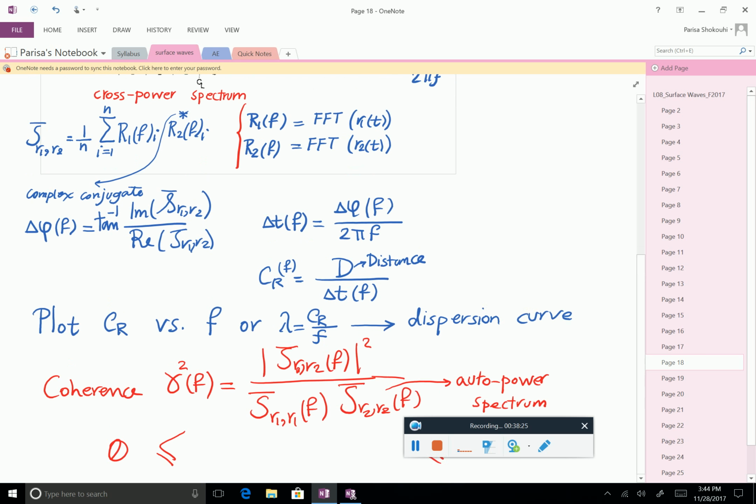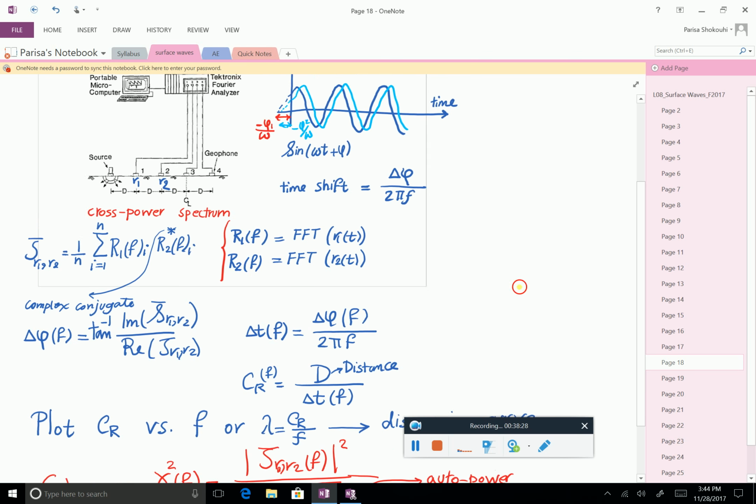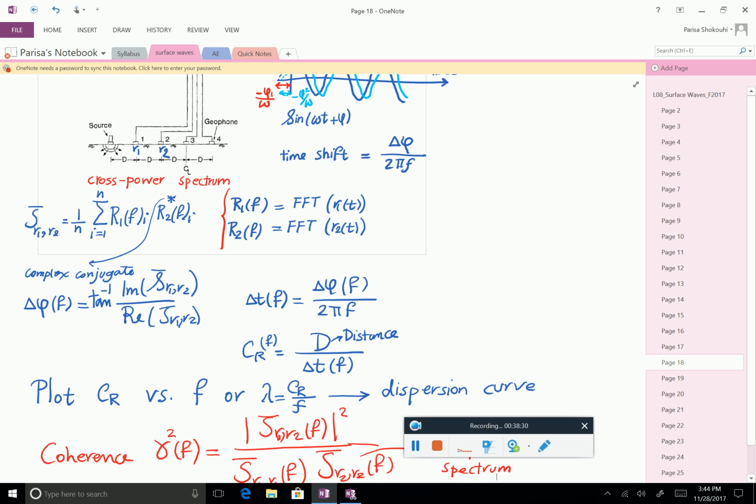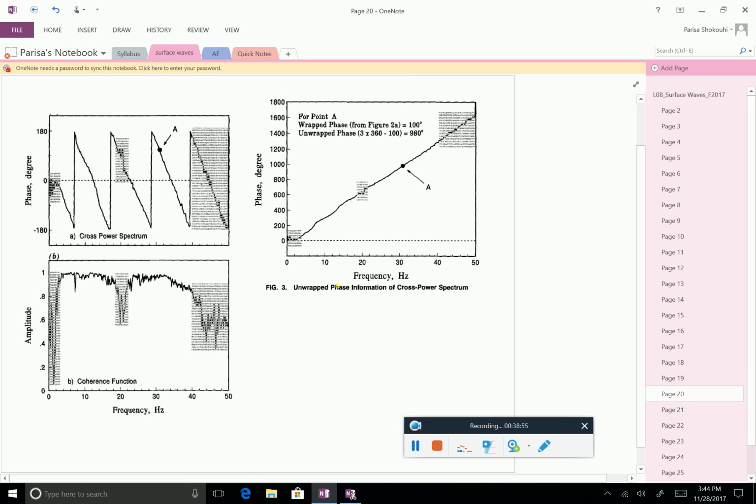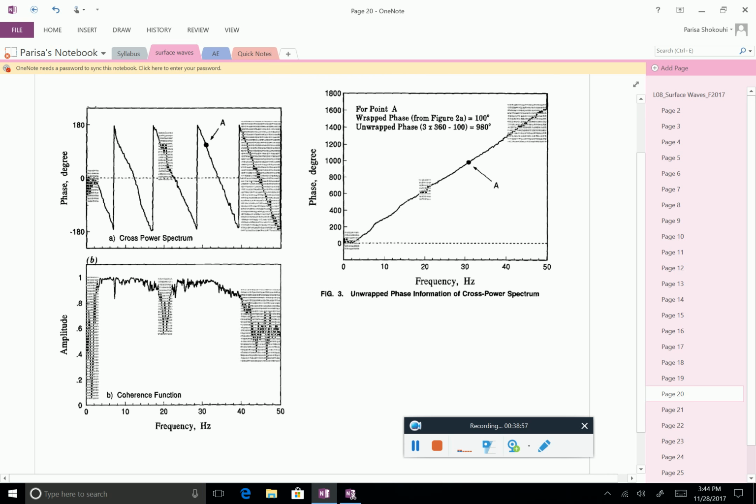Okay, so now let's quickly review. The way it works, you calculate the cross power spectrum, because what you're interested in is this phase shift. I hope you are convinced that you can get the time shift from the phase shift, then you get the phase velocity, and then you have the dispersion curve. Here you can see this process in action. So from the upper left corner,